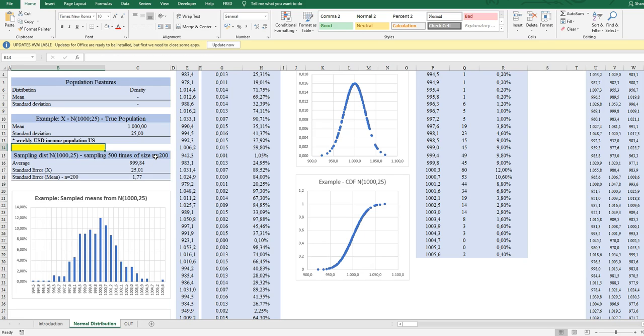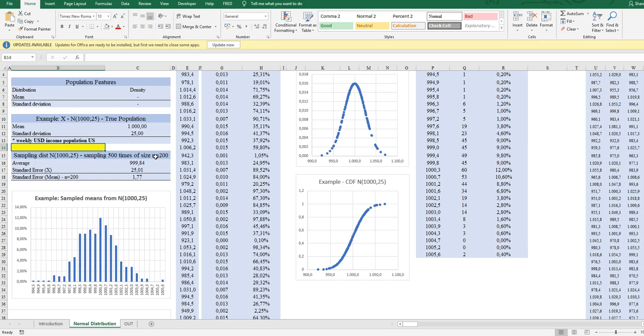Now, what I want to show you now is a very powerful concept called the central limit theorem that states that if we sample from a population, let's just say a true population here, and calculate the average or any linear combination of the population, then we will end up with a new normal distribution with the same mean as for the outcome of the simple observations, not the average, but with a standard deviation that is dependent on the number of observations in the sampling. And by sampling, essentially we mean the size